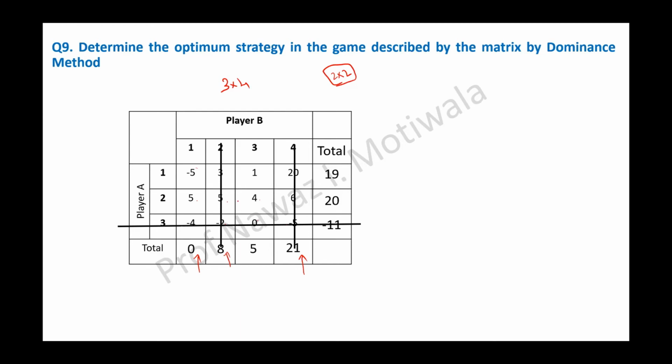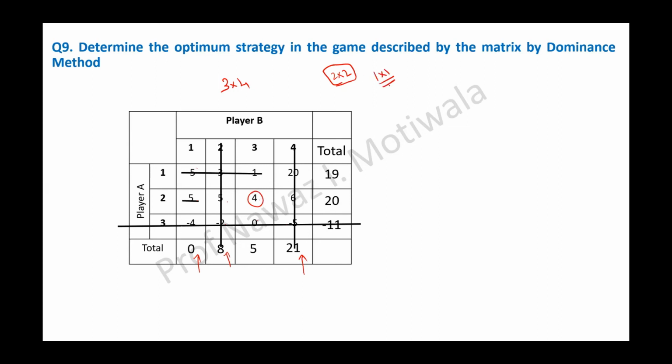So which row should be cancelled? Row 1 should be cancelled because it is giving less profit. Now apply dominance on the column side. Which column should I cancel? There is 5 here and there is 4 here. In a column, we always cancel the bigger one. So column 1 will be cancelled out. So I will remain with only one value, and it has been reduced to 1 by 1.